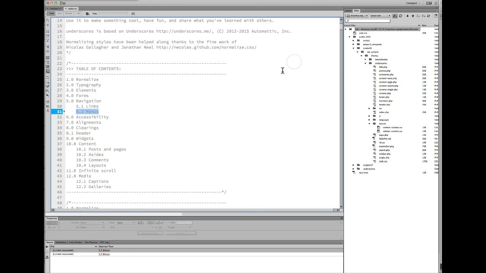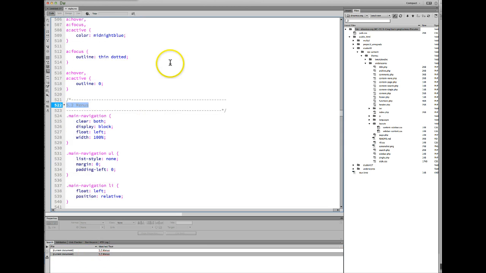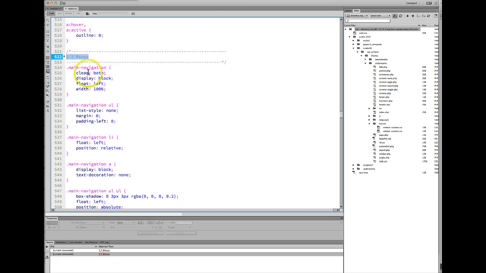And you can say find all. It'll find two instances, this one here, which will be the top one, and then the second one will be the actual area where the menus are. And if you double click on that down in the search box here, it will shoot you down the page to that section. And you can see that we're in the menus area, and of course everything starts out with .main navigation,